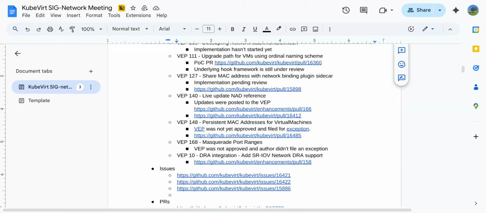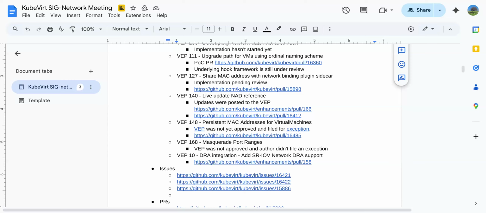For a long time now, we've refrained from doing so, and we have a new mechanism in place that names the secondary networks according to a hashing naming scheme.